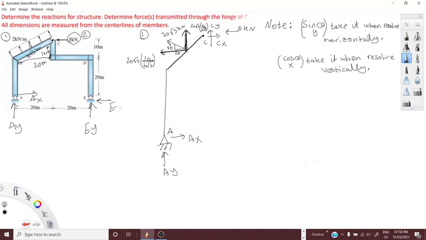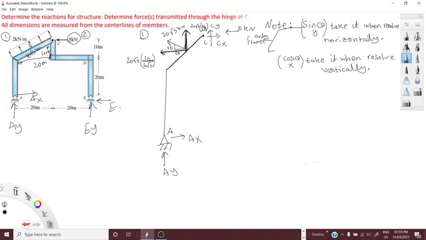Okay, guys. In this point, we said that sine theta is y. So when we take the force and we resolve it horizontally, we will take 20 square root of 5. We need to resolve it. So in frame, we will take the vertical part, which is sine theta, the y,